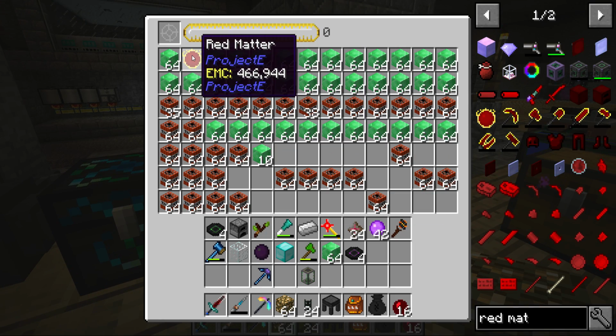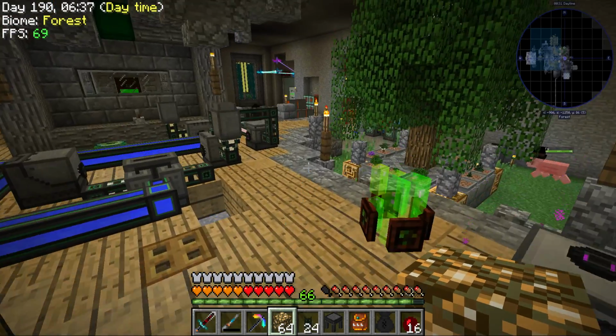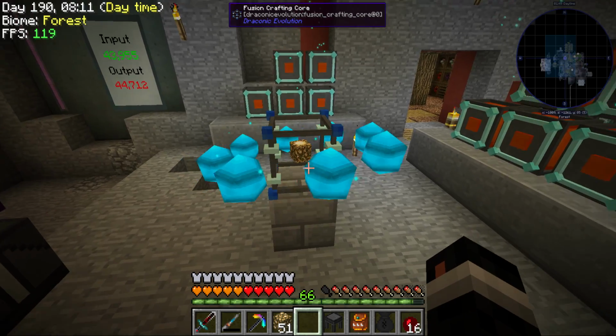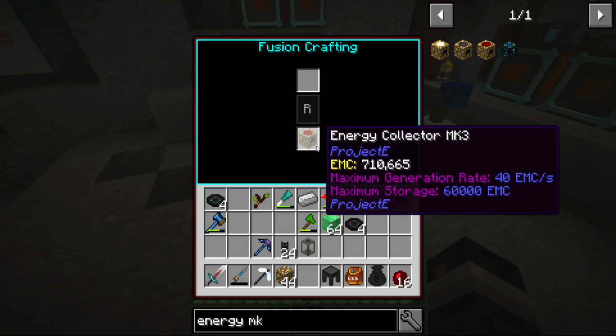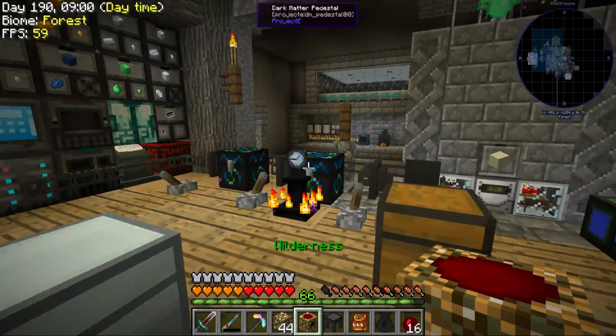Why is this thing not working? It's so bugged. Okay. Well, now I have red matter. This is a very cool crafting mechanic, by the way. I really like it. It's so insane. So, ladies and gentlemen, big moment for us here right now, where actually we could have